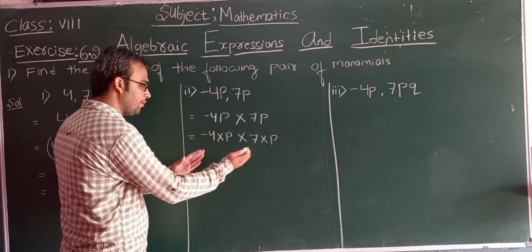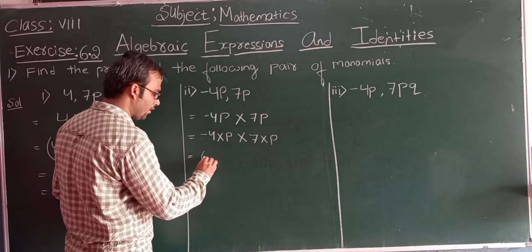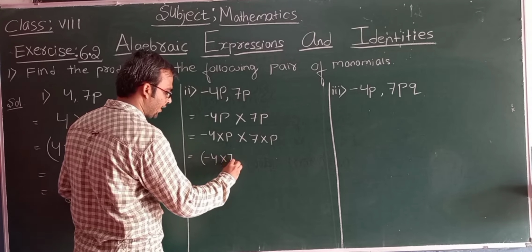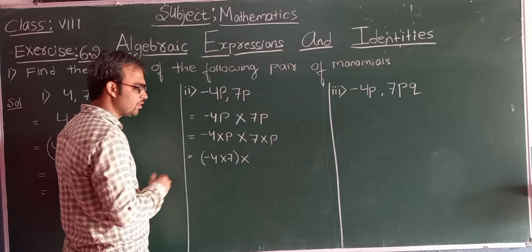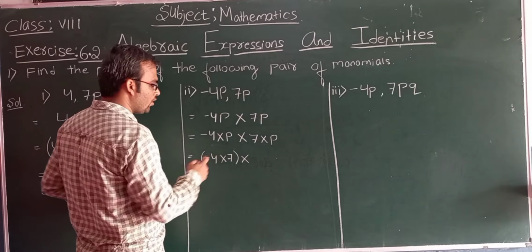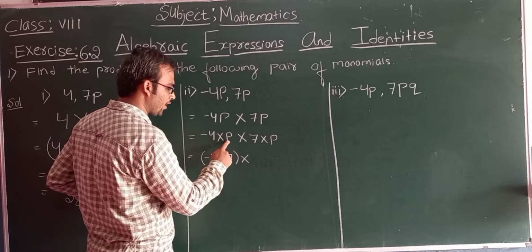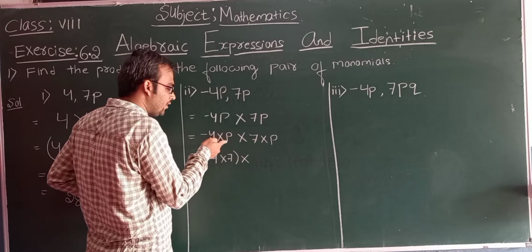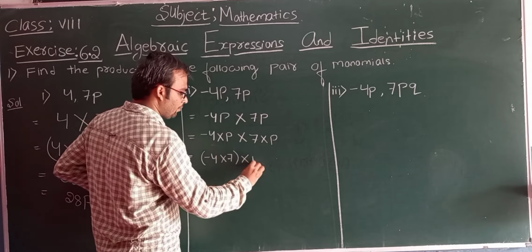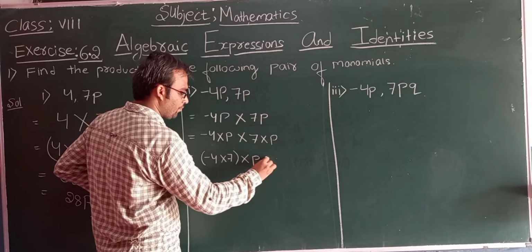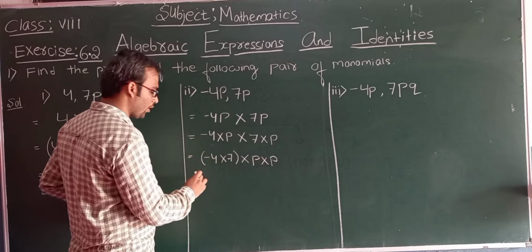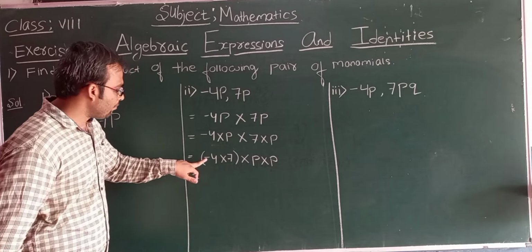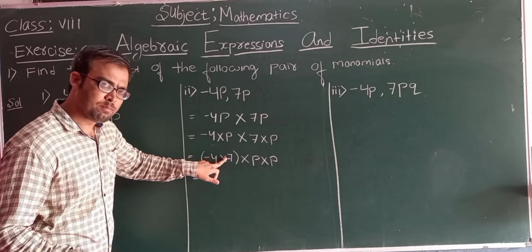Now students, we can make numbers one side, and write in bracket, not to get confused. Everywhere multiplication operation only is there, no students, so no need of getting worried. So you can write this p here, and you can write this 7 here. So here p and p. In this step, I have grouped numbers one side and I have grouped variables other side. Now here minus is there and here nothing is there, means plus will be there.